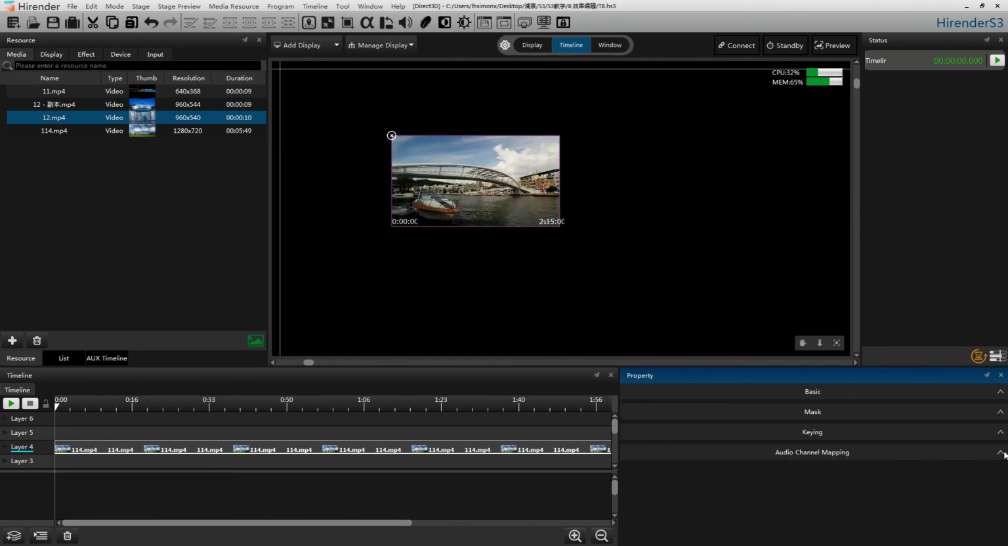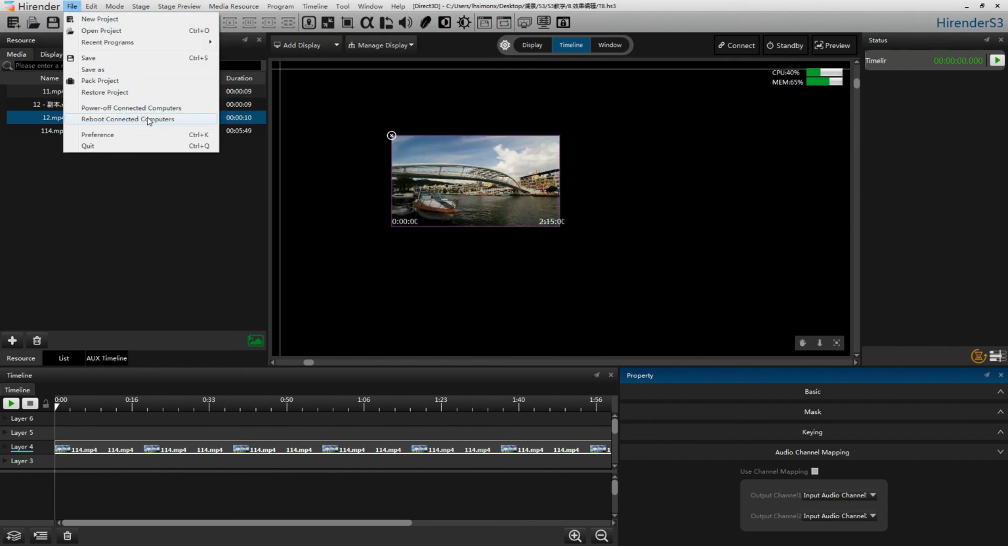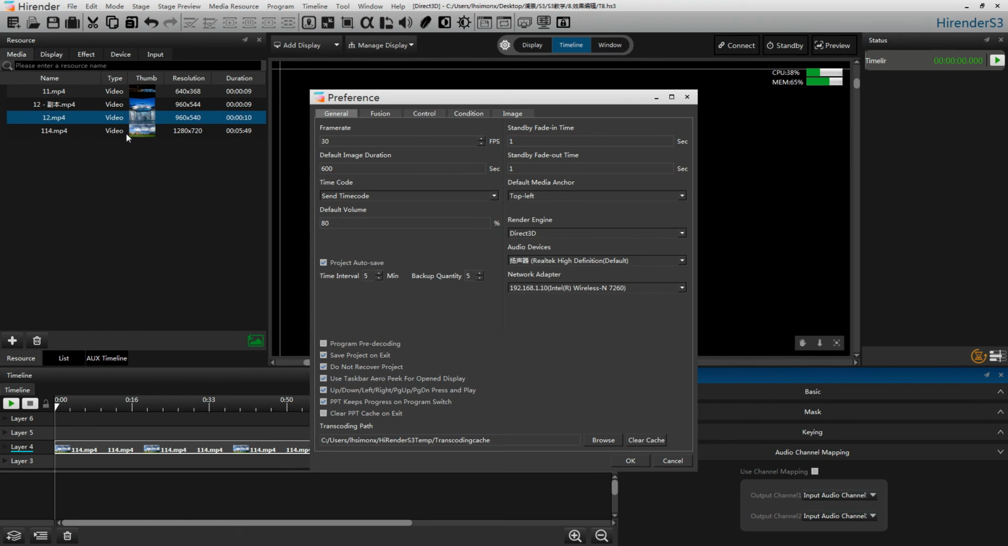The last one is the audio channel mapping. We can use that. Check the box and choose the different input audio channel. You can set the audio number in File, Preference,